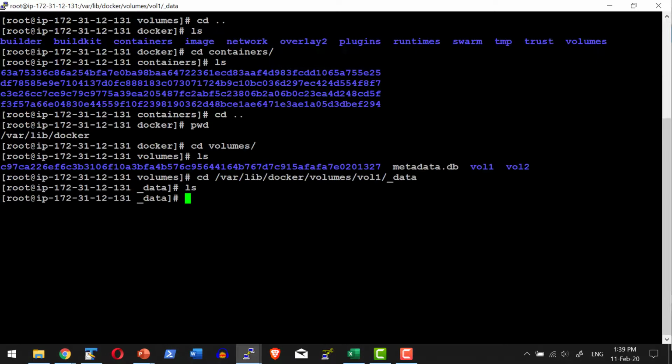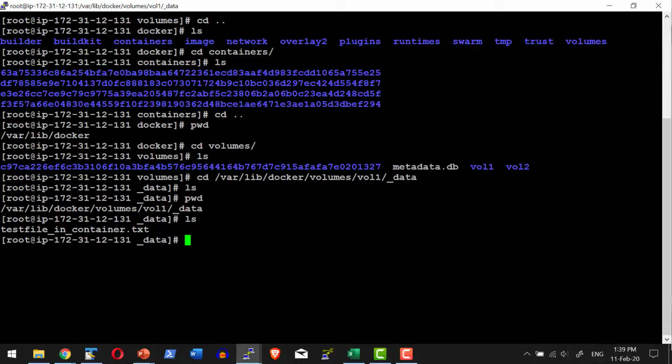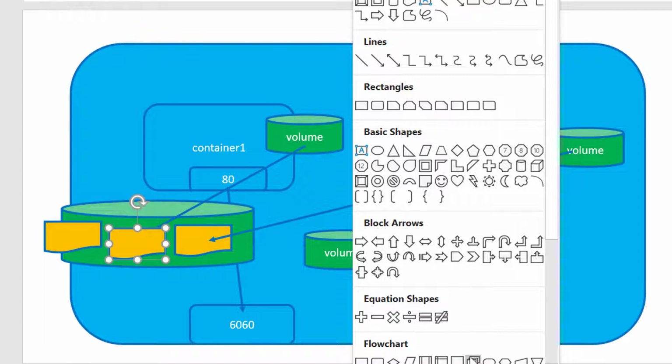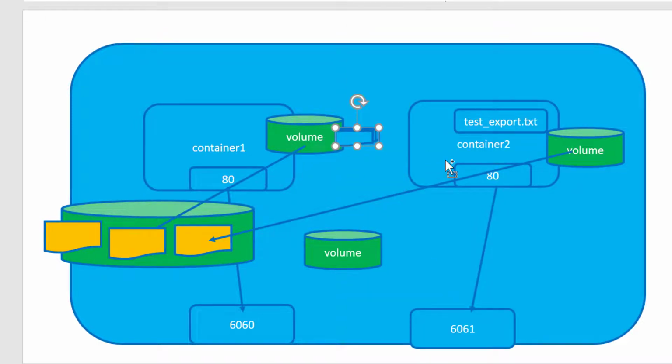Now let us get into the Docker volume folder location. So this is the host machine where I am running the container, and I am in this specific location vol1/_data. Let me list the files available. I do have the file that I created within the container. So what happened? The volume is mounted against a folder within the host file system. Any file or any content that I am creating within this specific volume will be physically replicated in the folder. Now let me go ahead and create some content within this folder location, that is within the host folder location, and it will get reflected within the volume attached to that specific container.